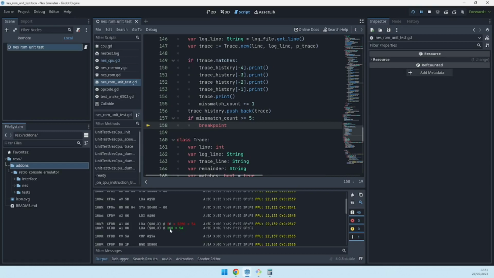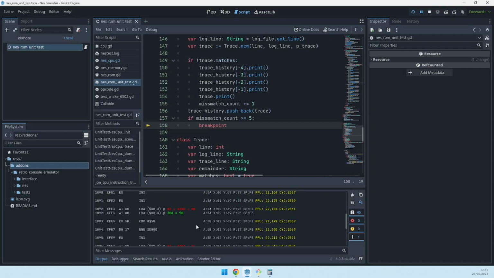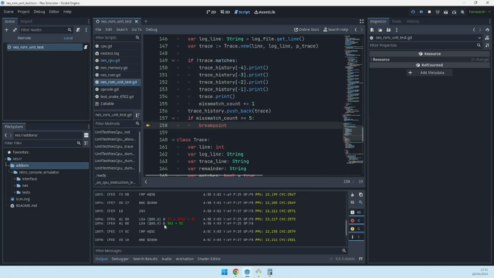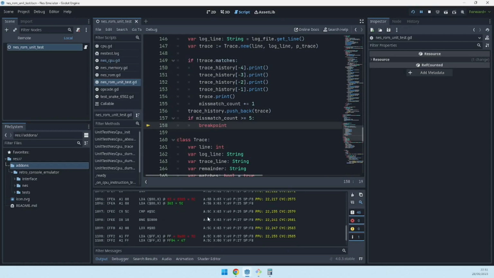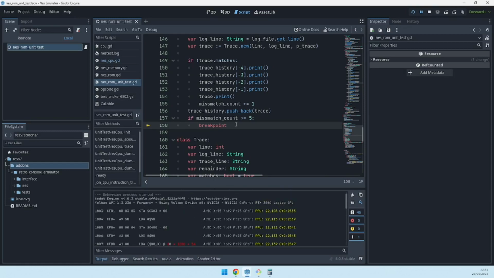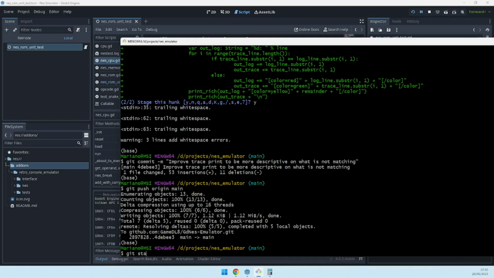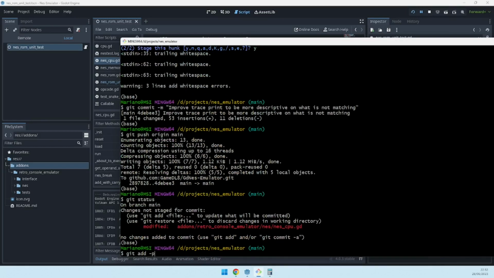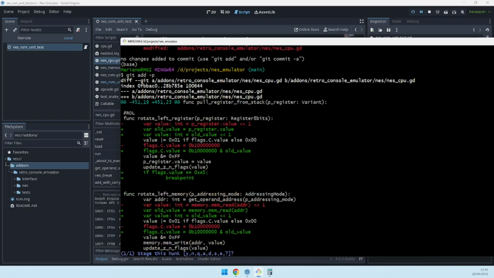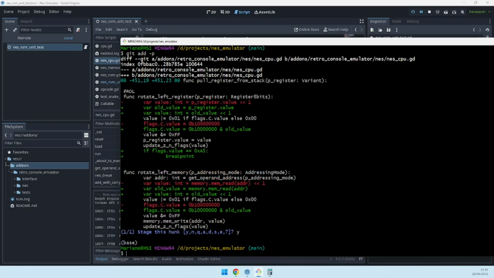Okay, I see we are missing something in this print. But it is just the format apparently. That's cool. So git status, git add. Yes. Git commit. Actually, before that,